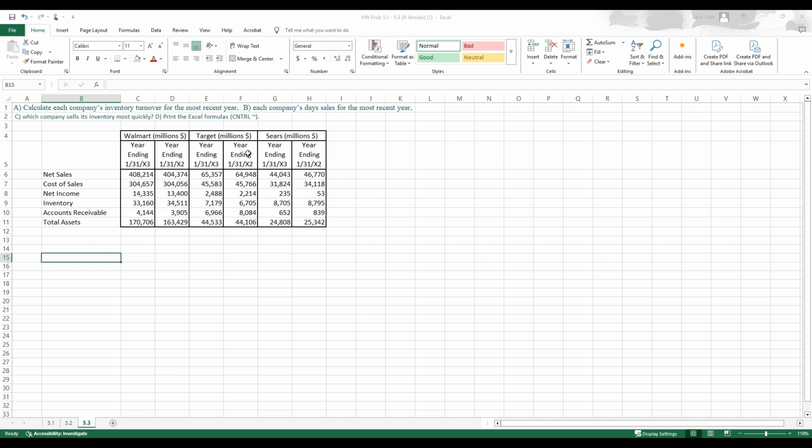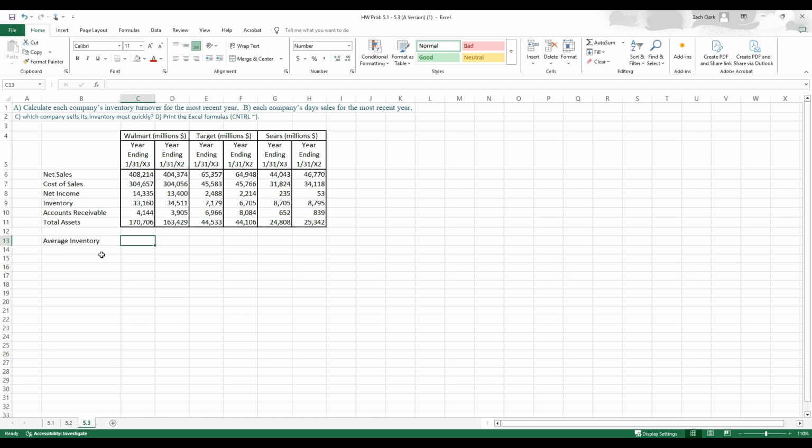And in this problem we're going to be doing some ratios here, and so we've got some direction here that we can use to guide us. Let's start out by creating some, let's see, how do I want to do this? Let's do average inventory, and let's have that as one of our rows here,